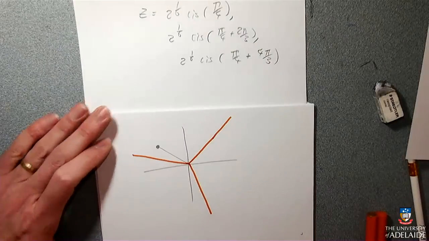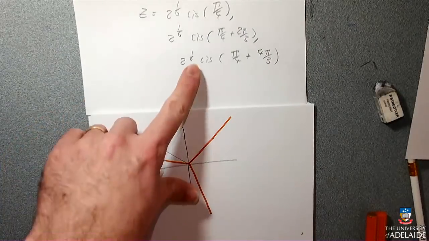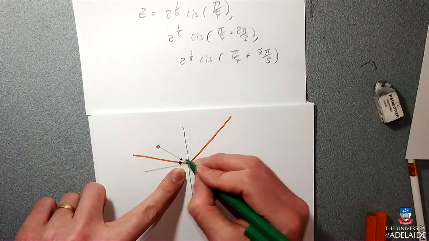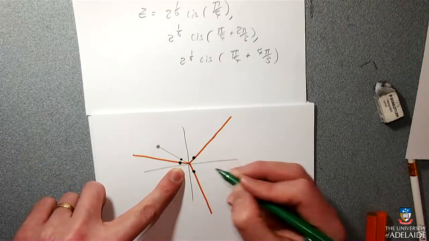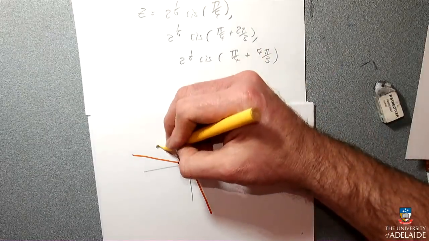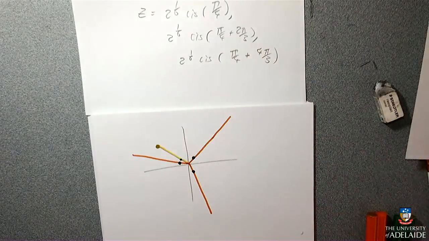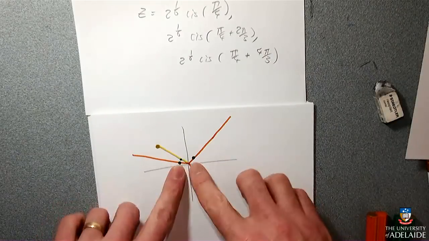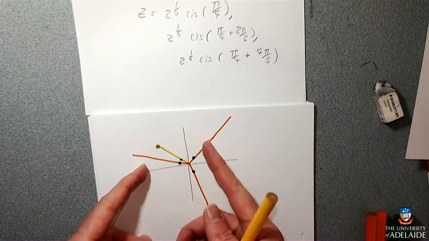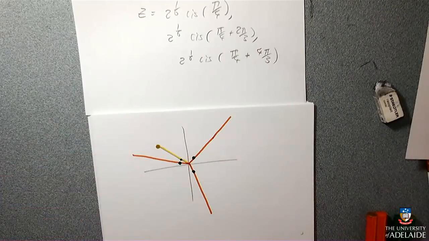And our actual solutions are only at 2 to the power of a 6th away from the centre, so they're like here. Whoops, sorry, there. That's my 3 solutions there, those 3 green dots. This was my original number here. So I did the cube root, so that this number should get shorter, and the angle, I did 1/3 of the angle, but there's actually 2 other solutions.